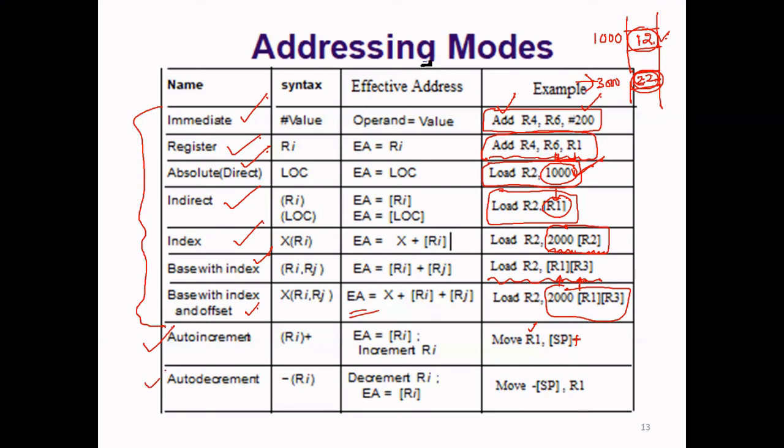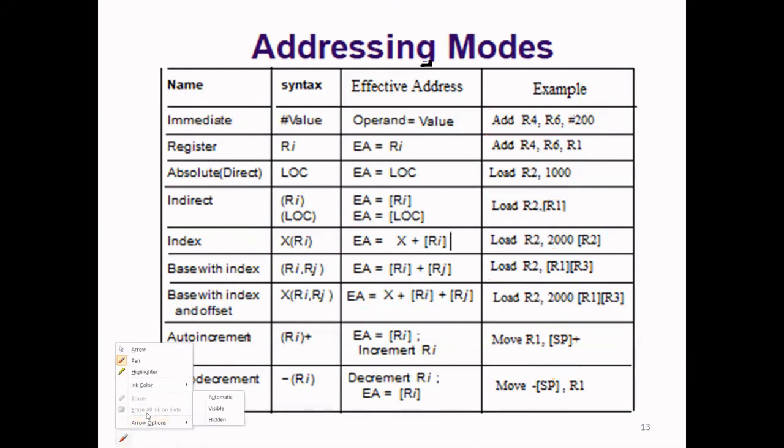Now auto decrement means first it decrements, then does the operation. Before the operation, SP is decremented, and then whatever R1 holds is moved to the stack memory, which is pointed to by the stack pointer. So now what is the conclusion here? Auto increment and auto decrement. In auto increment it will do the operation first, then increment SP. In auto decrement, first it decrements SP and then does the move operation. So these are the auto increment and auto decrement addressing modes. So these are all machine instructions and addressing modes.